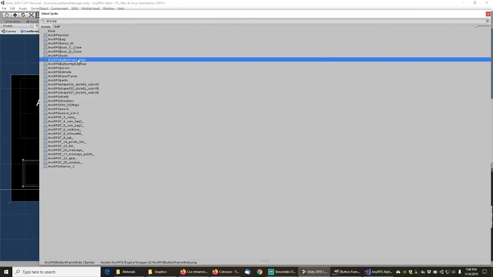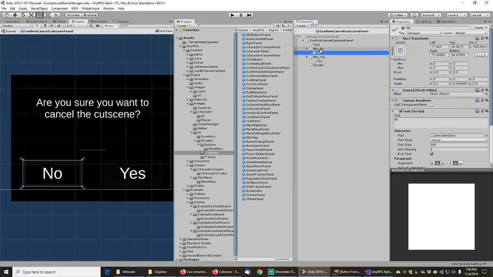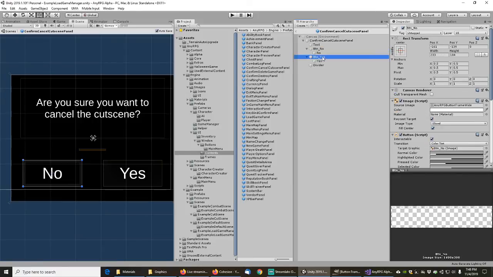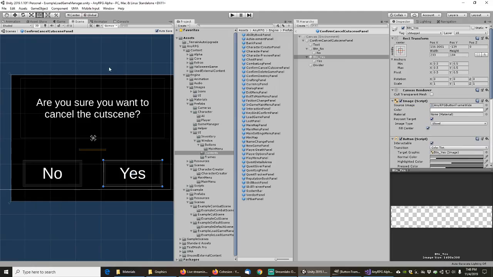So button frame wide there, button frame wide here, and